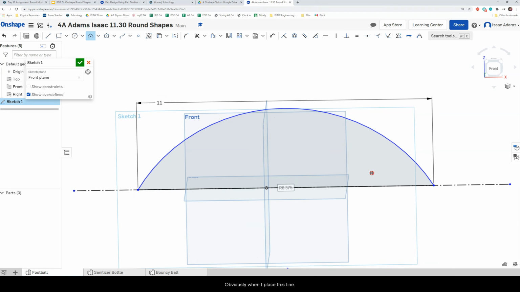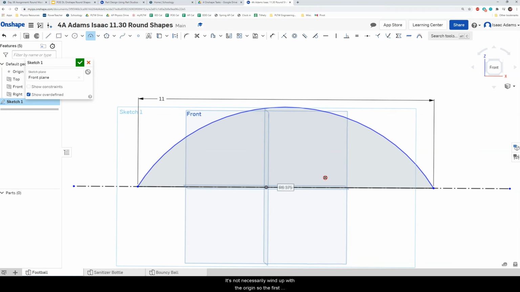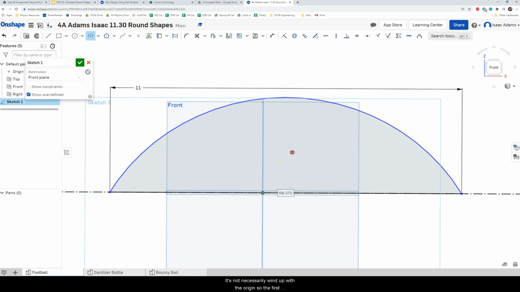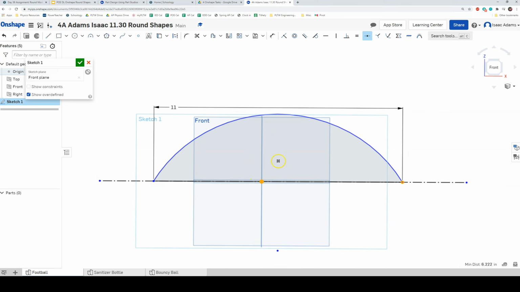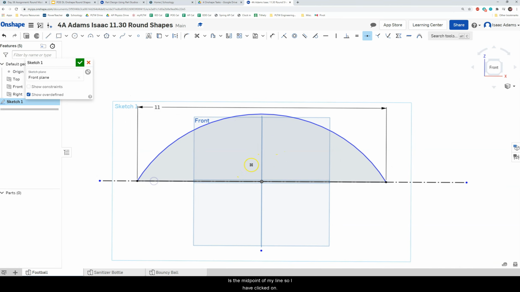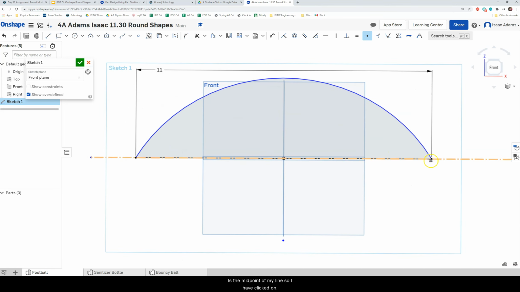Now obviously when I place this line, it's not necessarily lined up with the origin. So the first thing that I need to do is apply a midpoint constraint so that the origin is the midpoint of my line. So I have clicked on this side, and then my origin, and then on this side, so that it's perfectly